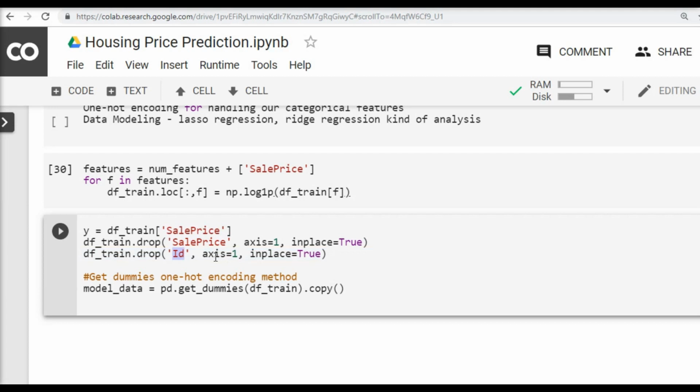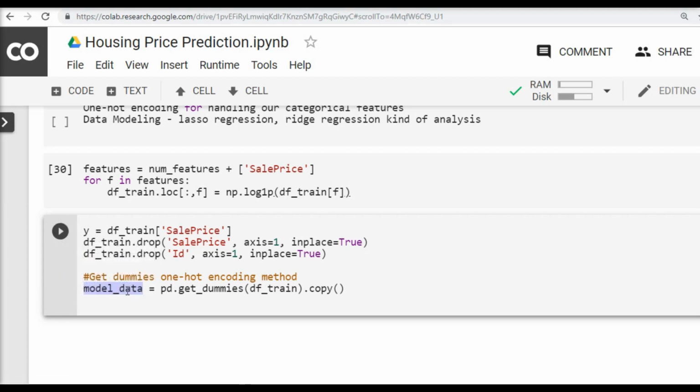By doing this we are creating a model data, on top of which we are going to apply some regularization method, because remember, after one-hot encoding we are going to generate too many columns. By doing regularization, we mean to reduce the number of features which are not important. So if we run this,